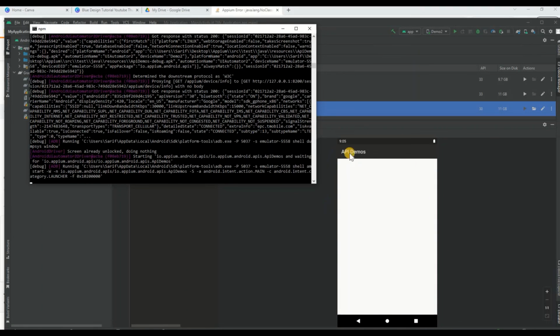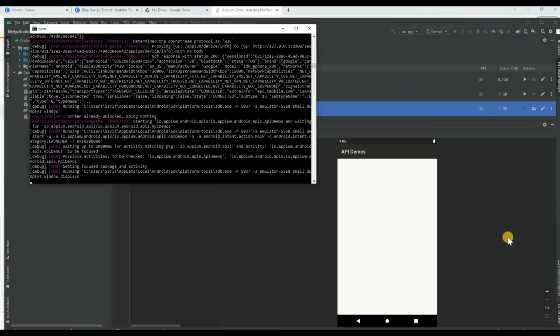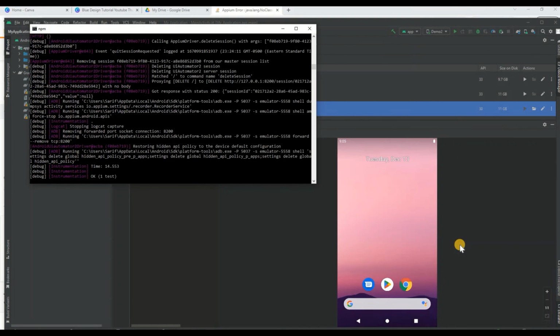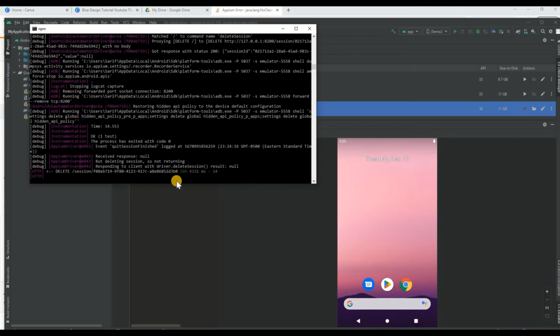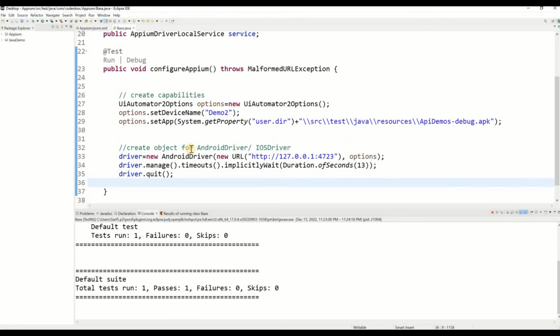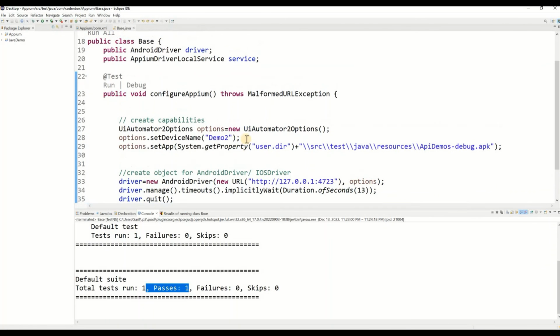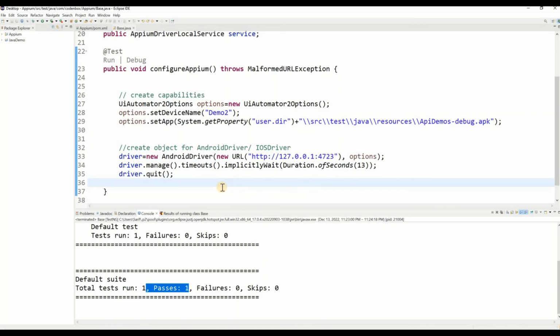Here we go. You can see it. It invoked the app, initiated the app, it's at the home page, and it's closed. Looks pretty good. So that's the first thing you are going to do. You can see there's one run and one pass. There is no failure. This is the first thing you have to do: initiate the app. It means that you are installing the app on your emulator, and after that we'll start to write the code